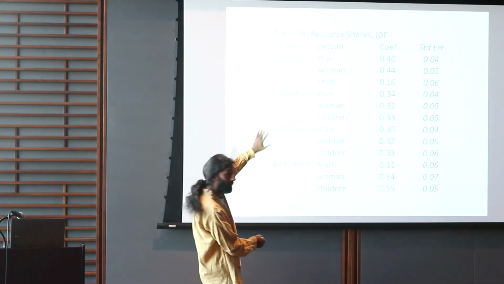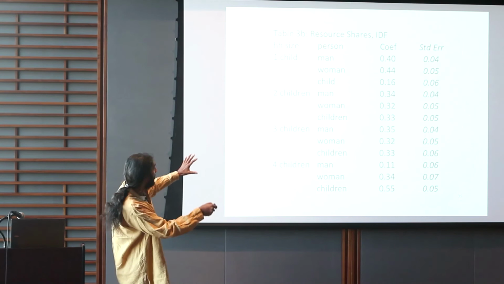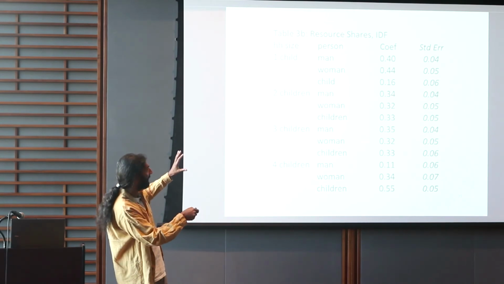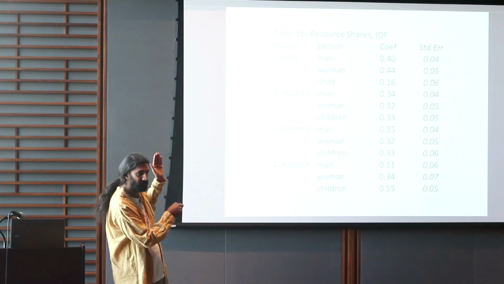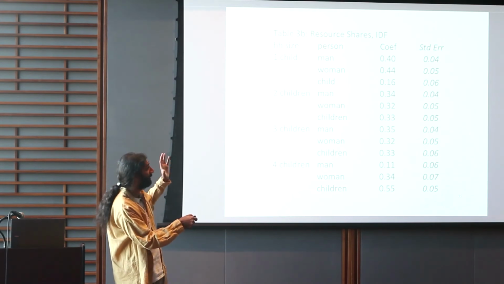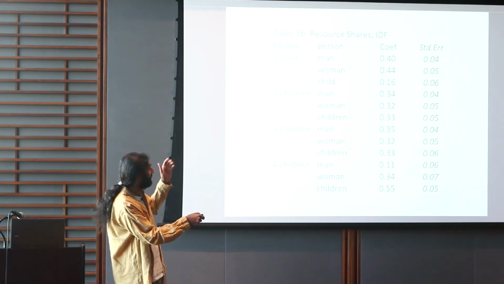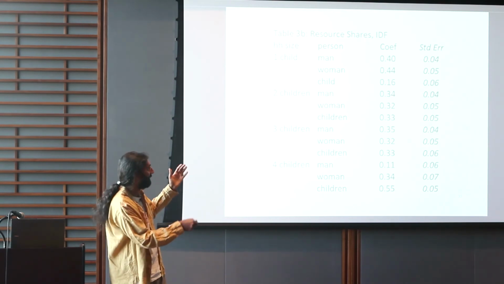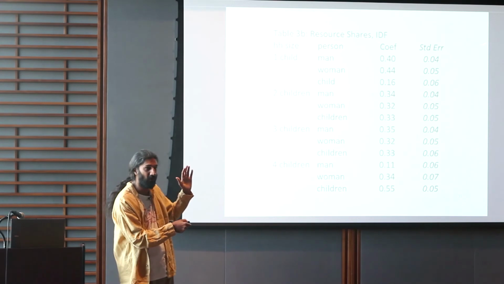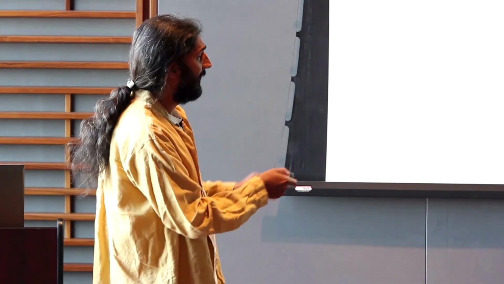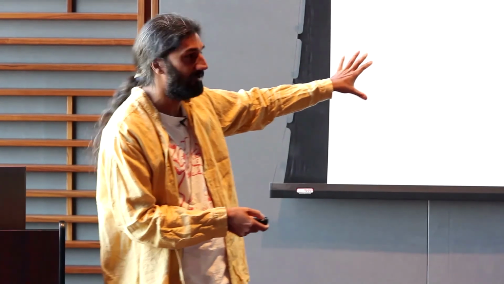OK, so now I'm just going to give you a bigger table. And these numbers are really just showing you that you can actually identify these resource shares in a way that is useful. And by useful, I mean the standard error is small. So a standard error of 0.04, 0.05 actually means that you can kind of trap these objects in useful ranges that actually say something. I'm not going to say anything more about that because it's very similar to what's in the other paper.